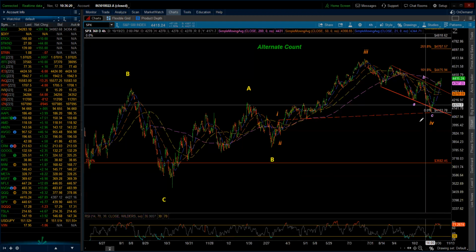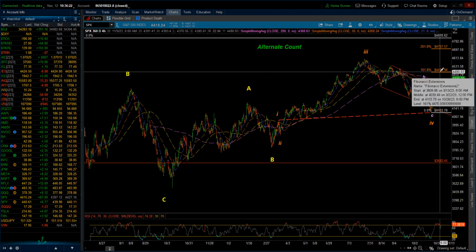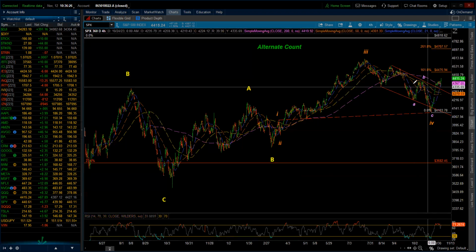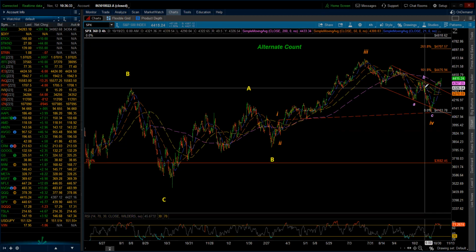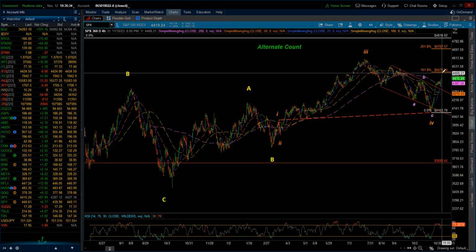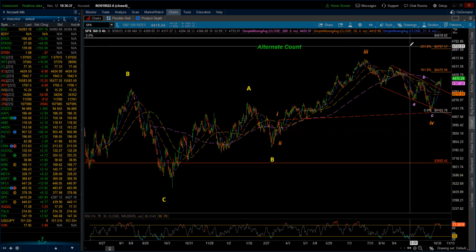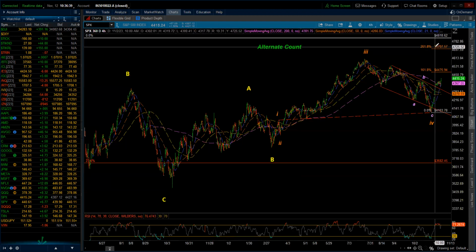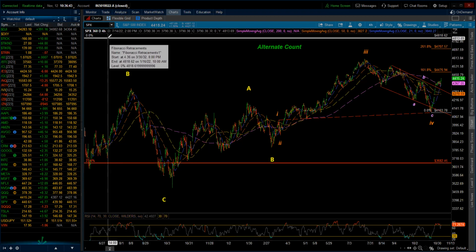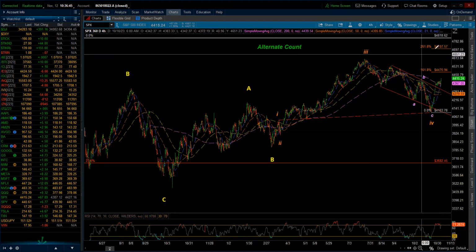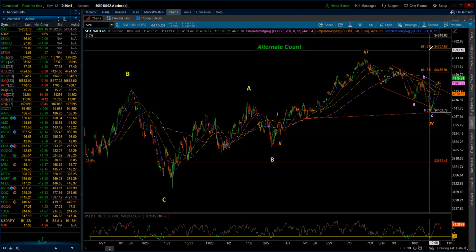47.07. So again, using Fibonacci and using the sequence, most common would be 100%. We've exceeded that. That was down here. Next up would be 1.618. Next up above that would be 2.618, and that's at 47.07. We're not going to an all-time new high, but man, we're getting close, and we already know